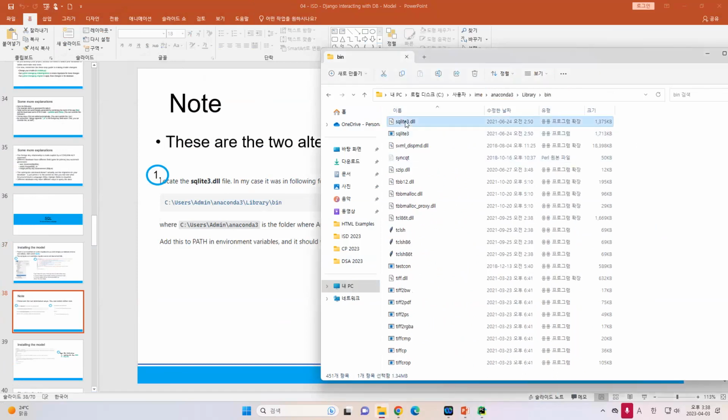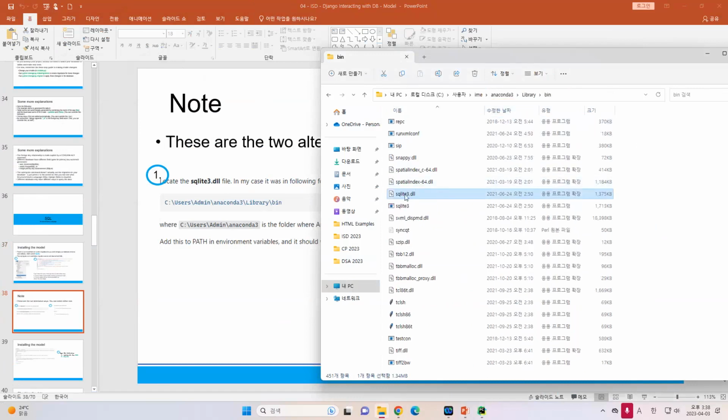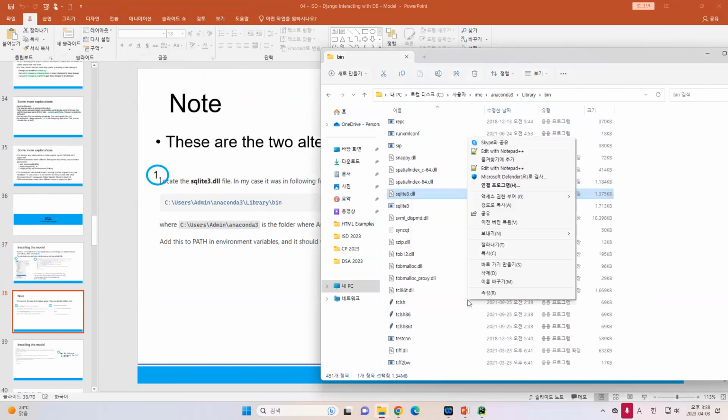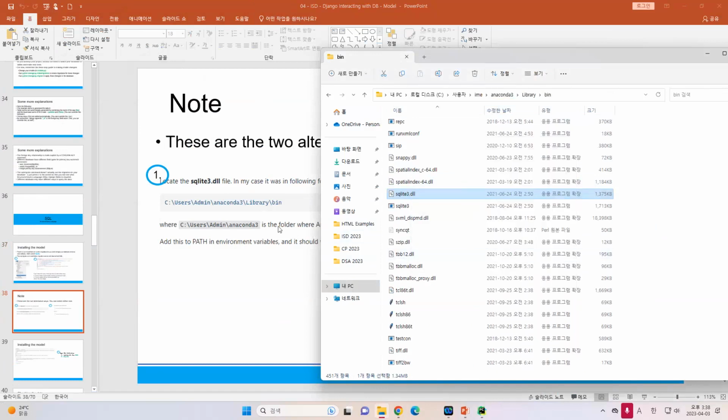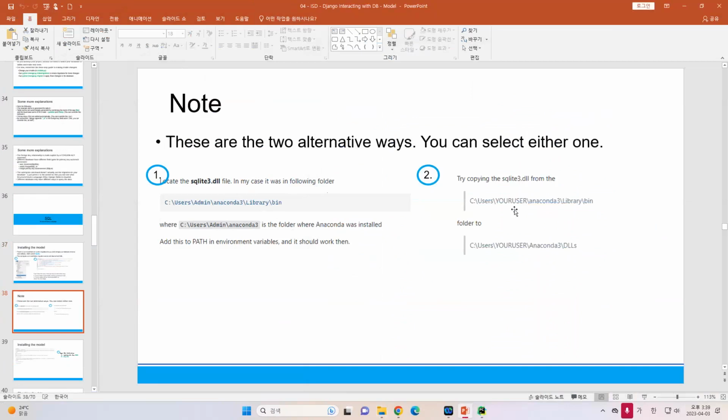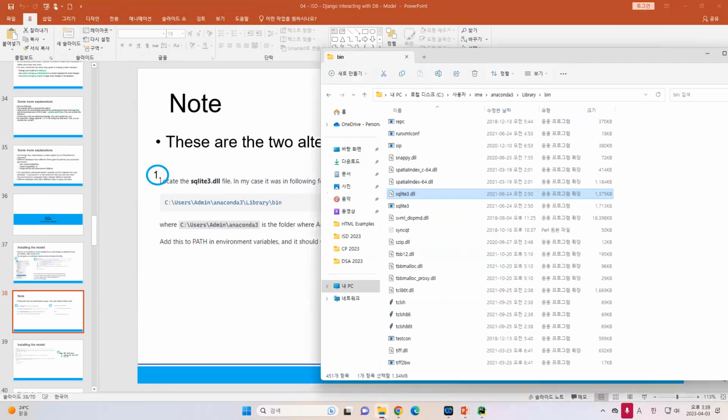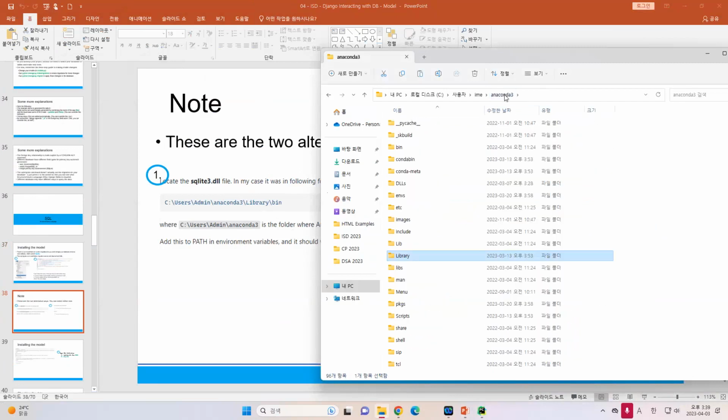SQLite3.dll. So you will find this file and then copy this one. Copy this one and then put this file into the Anaconda DLLS. So you will go to the folder Anaconda